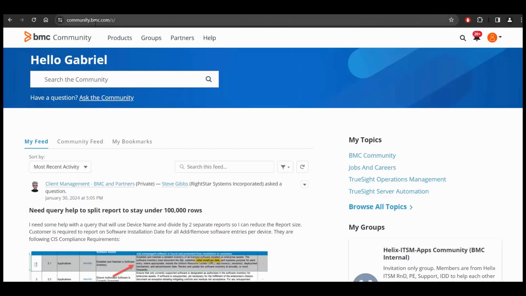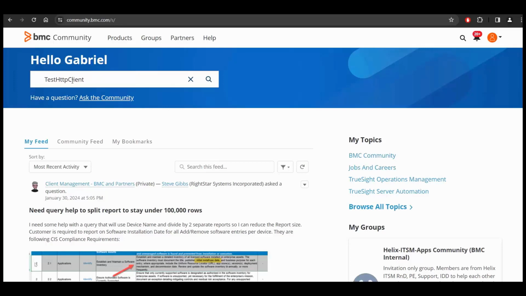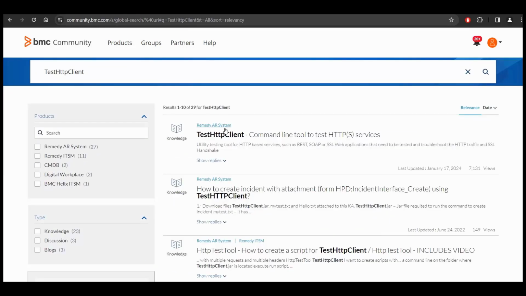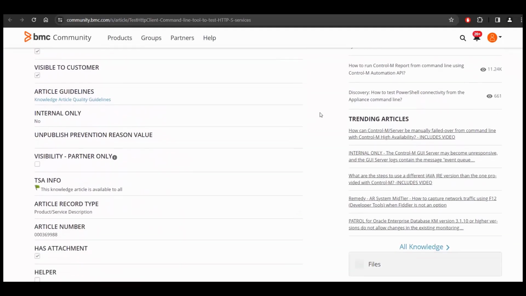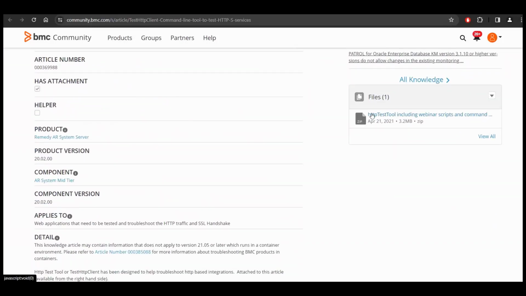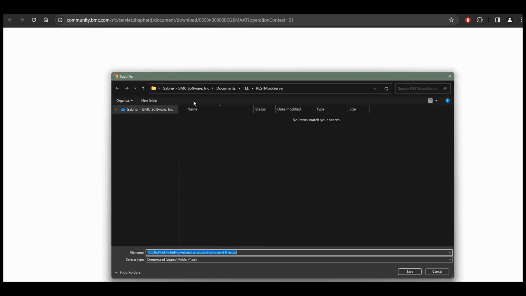In order to get the binaries for the test HTTP client, you need to go to Community BMC, log in, and then you can do the search for test HTTP client, and you can open the first one. Here is the article, and you will see the file here. This one contains all the binaries that you need to run the test. You just need to save it